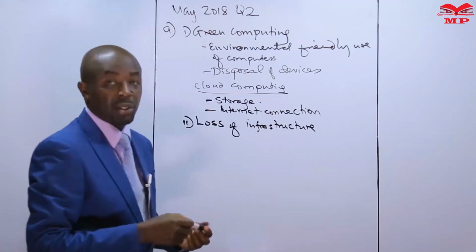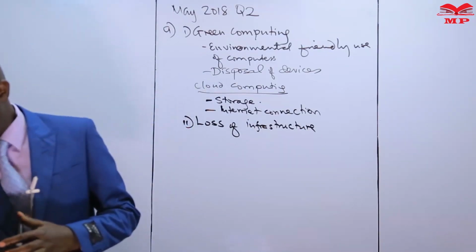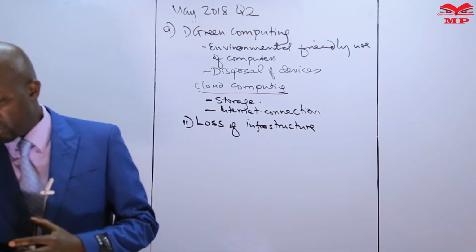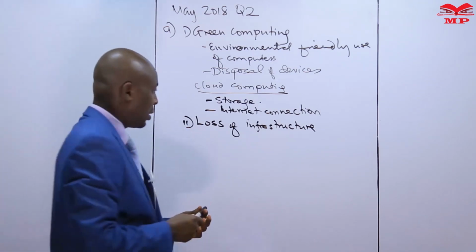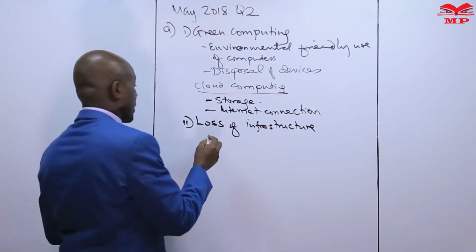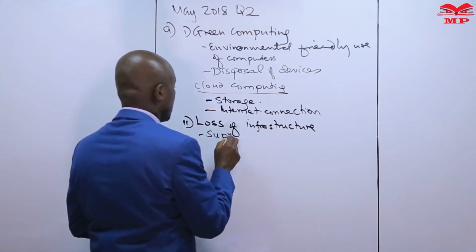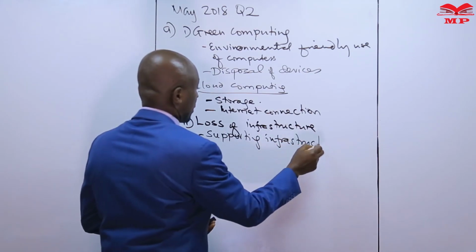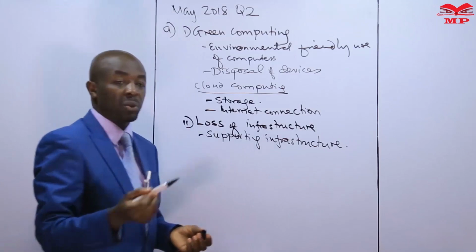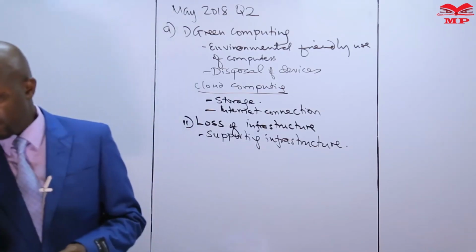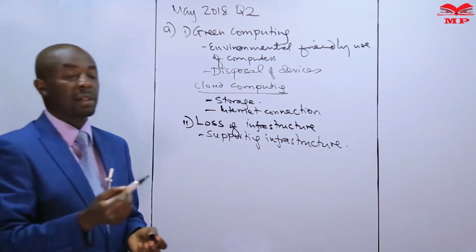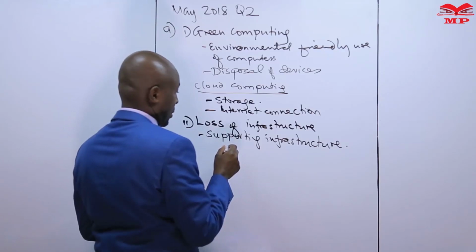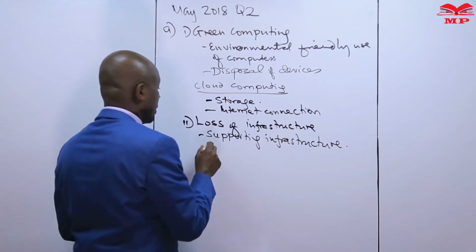Now, the loss of infrastructure talks about poor results that come up due to loss of supporting infrastructure. When the organization loses its supporting infrastructure, we focus on that. When an organization loses its supporting infrastructure, then there will be poor results generated by the systems. So supporting infrastructure is lost,